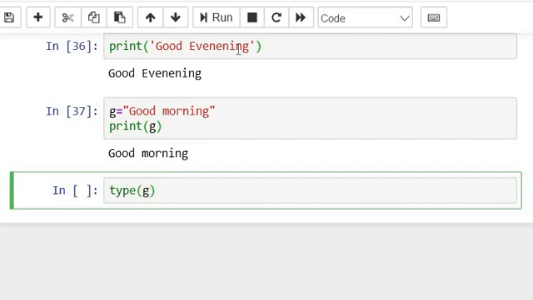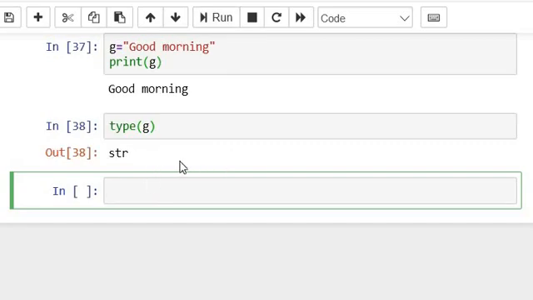G is going to tell you good morning, it's a string. So those are the types: integer, float, string, and list. Note that in Python, strings are actually arrays of text. Strings in Python are arrays of bytes representing Unicode characters. Note that